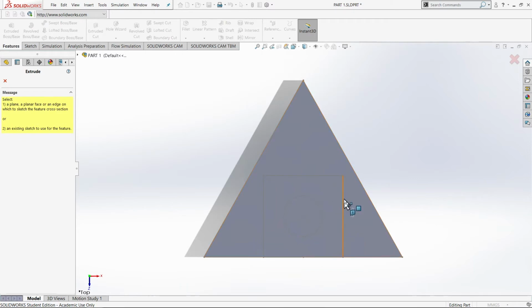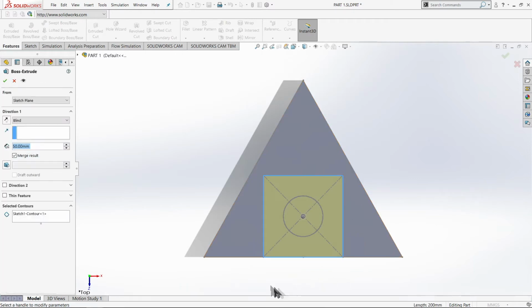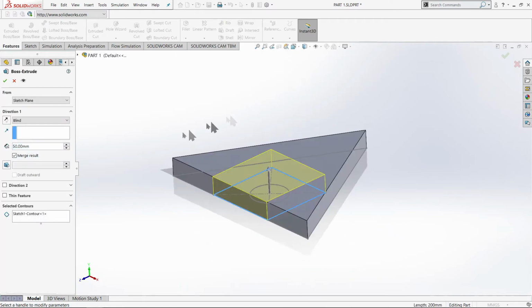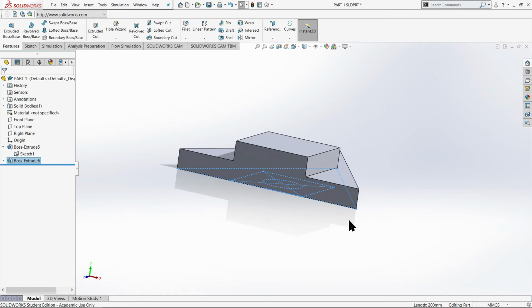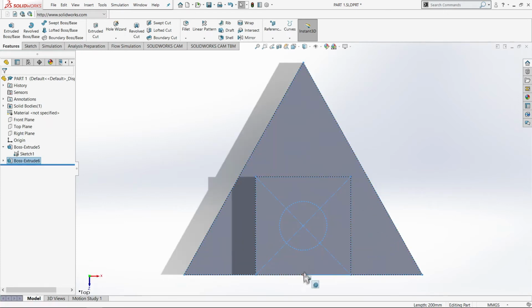feature again. And then we can click on the edge of the square. And now we can extrude our square. So how high do we want this? Let's say we wanted 100 millimeters. So now it's turned our square into a 3D object as well. Now we simply click on the tick. We have a triangle and a square. A 3D triangle and a 3D square,